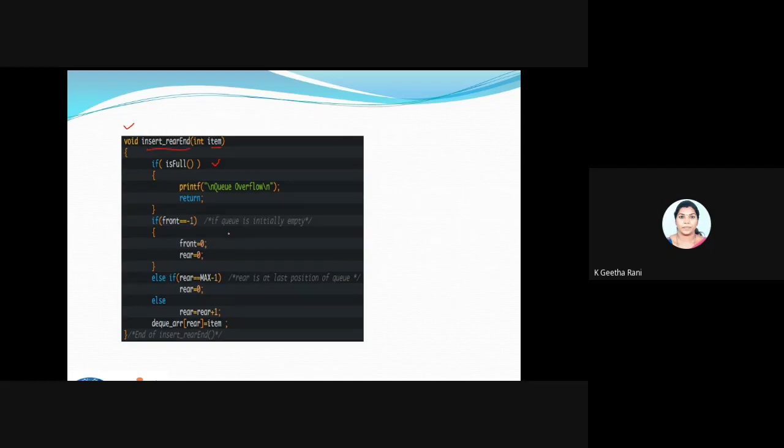Then I'm checking whether I'm going to insert the first element. For this I'm using a condition. Then you can see here, if my rear reaches the maximum size, what I have to do is bring that rear to 0. You can see the line here at the last position of the queue. Then just make this index 0. And the last part is, if you have so many values, how to insert it. At the last, you'll be putting the item into this array. That is what is done here. I think it's very clear. 4 conditions have been given in a separate way.